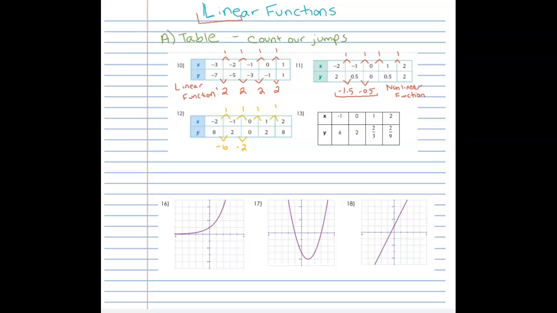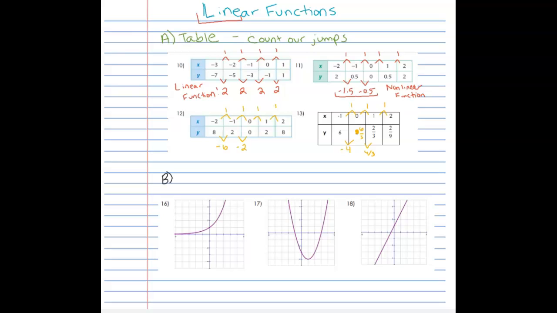All right, last but not least, same thing. Look at our jump. -1 to 0, 1, 1, 1. 6 to 2, looks like it's -4. 2 to 2/3, where did we get this, and how are we going to solve this? I'm going to change 2 to 6/3. 6 over 3 minus 2 over 3 looks like it's 4 over 3. I'm going to have you all determine if that's a linear function or not. All right. Once you have that done,